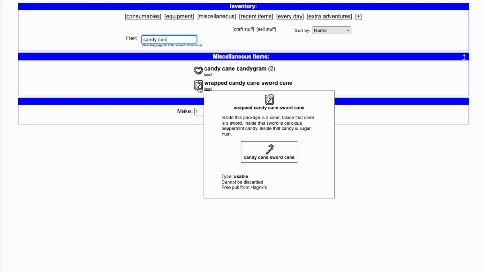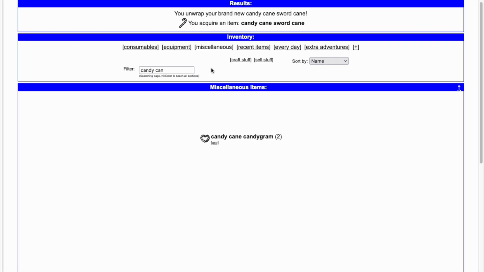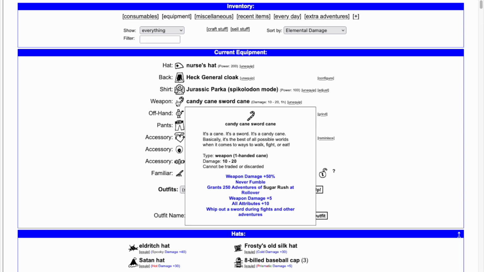Let's take a look at the December item of the month, Wrapped Candy Cane Sword Cane, to understand what it does and whether it can help your style of play. The Wrapped Candy Cane Sword Cane becomes the Candy Cane Sword Cane when opened. This is a one-handed weapon with base enchantments of an additional 50% weapon damage, never fumble, additional 5 weapon damage,